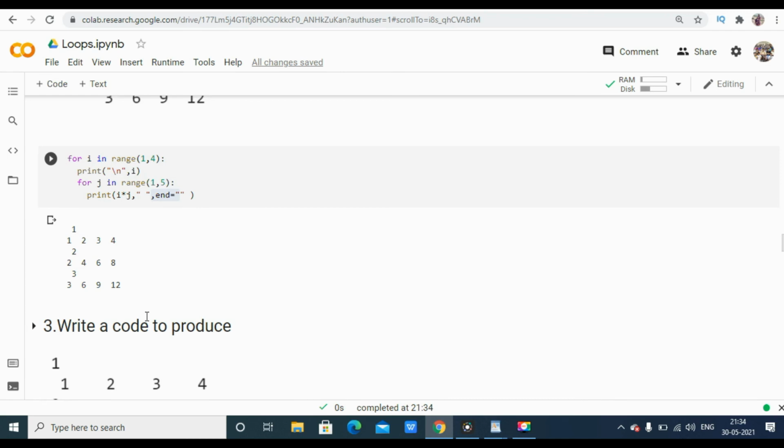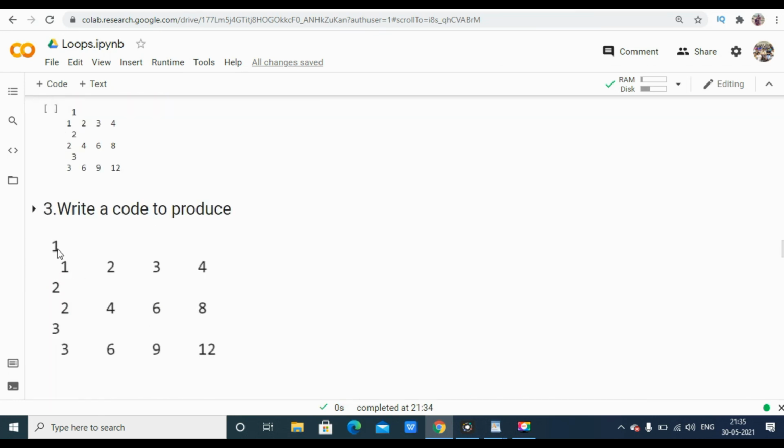The way of learning pattern matching is that you should understand the logic and try to implement various logics by changing the code, by changing the quotations. Especially here you have to understand one thing: what end equal to double quotes actually does, and what backslash n actually does. If you understand this central thing, then you can crack any pattern matching by doing some changes.